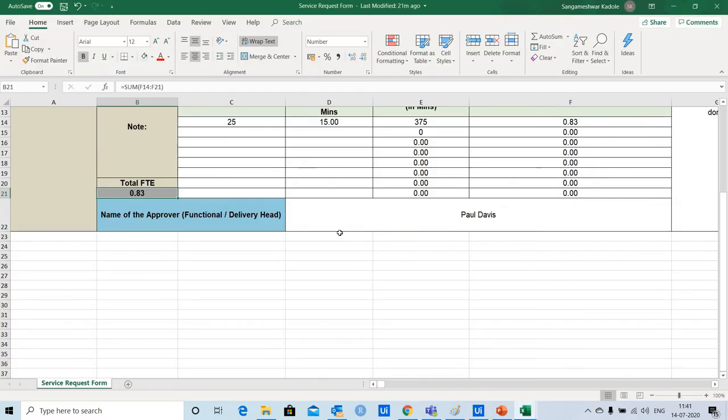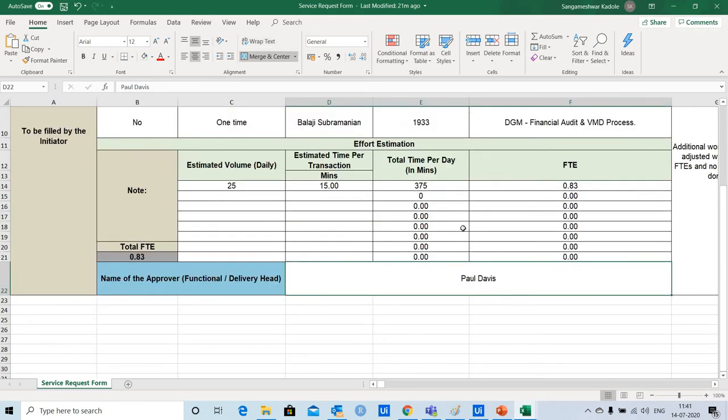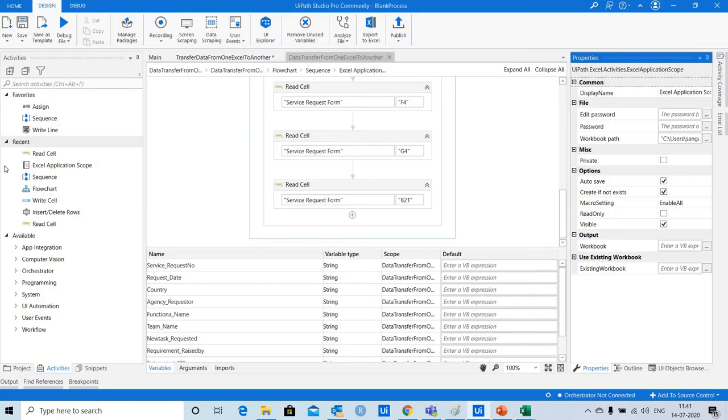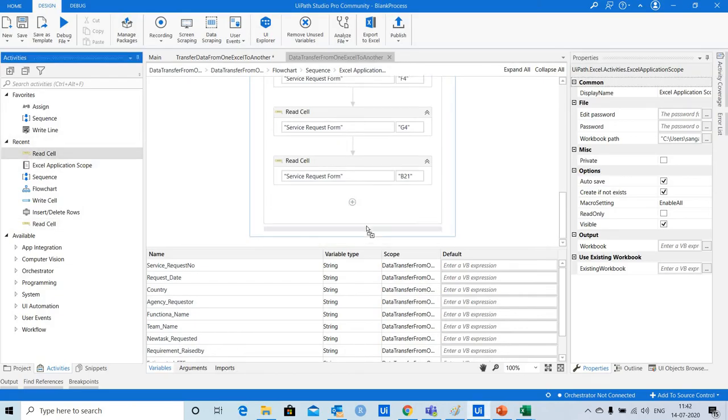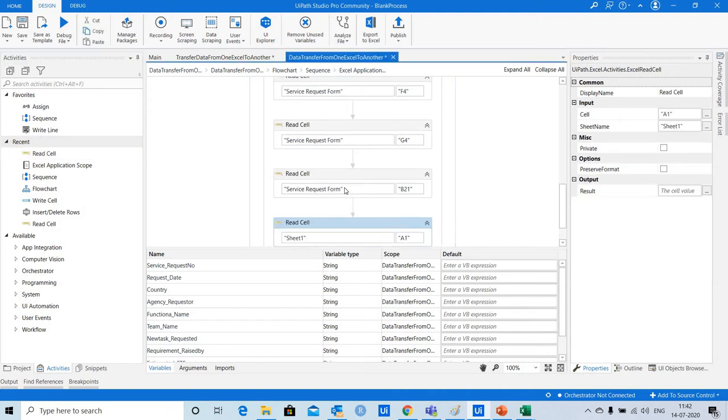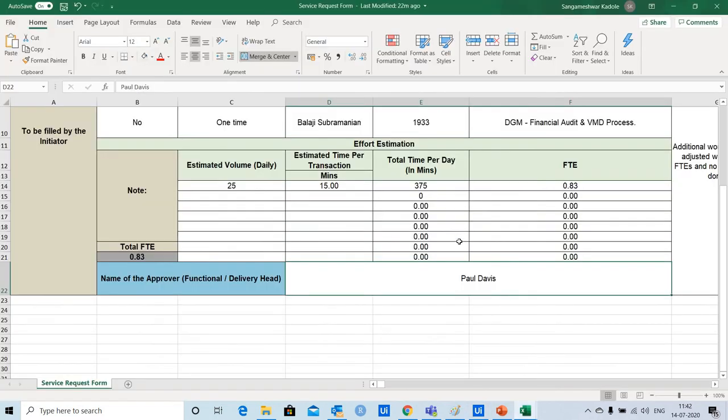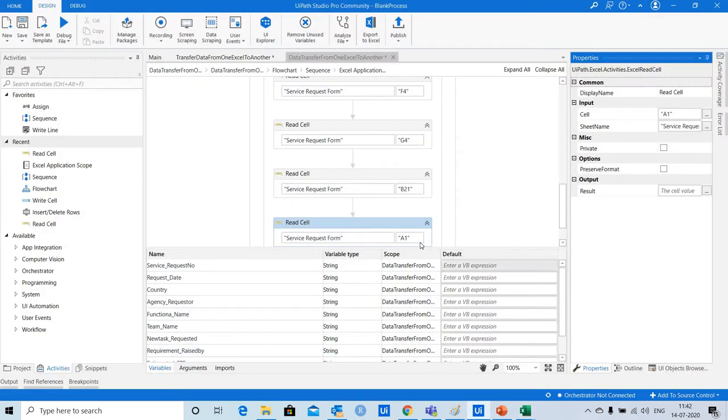Finally, I want to capture the name of the approver who is the functional or delivery head. That data is available in the cell D22. So I'll have to use read cell activity again. Use the sheet name from the previous read cell activity since the sheet name is the same, and data is available in the cell D22.